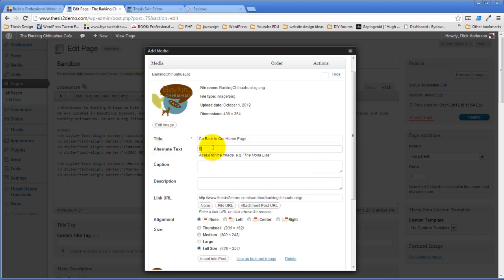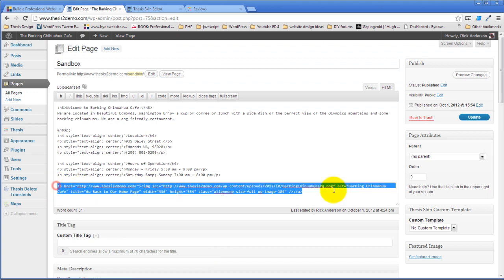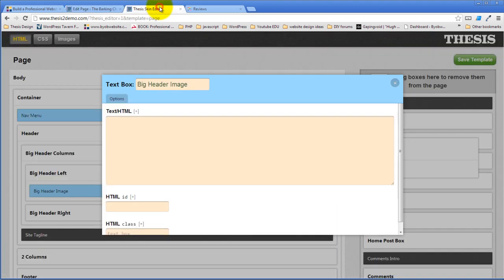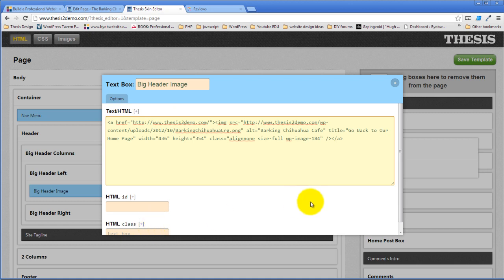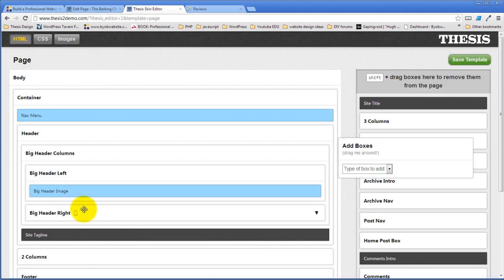And then let's see, Barking Chihuahua Cafe. And then the link URL is going to be just to our home page, right? Because this is, so that's what it's going to do. It's going to be full size. We'll have none and like that. So we'll just insert that into the post. And then I'm just going to cut that HTML. Come back over here and paste it. I don't need a class or an ID for this thing. That's good. Okay, we got our header image, and if we just save the template now,